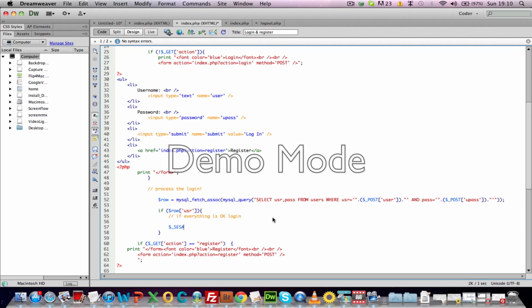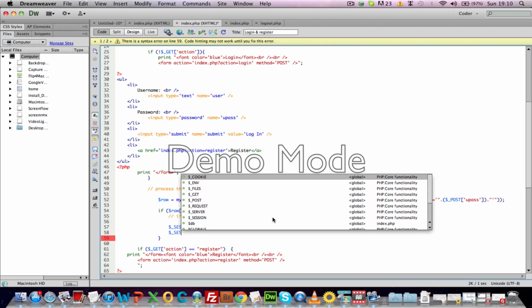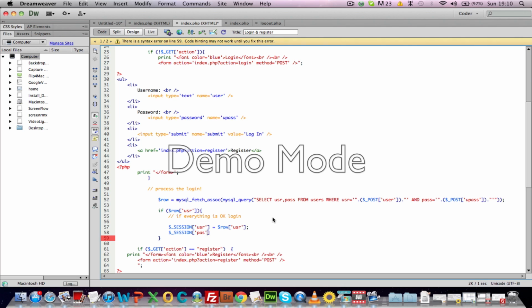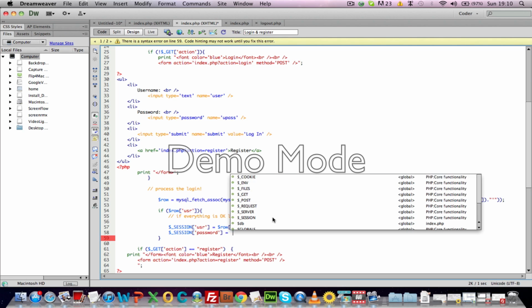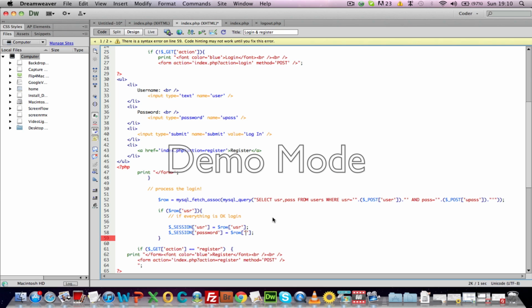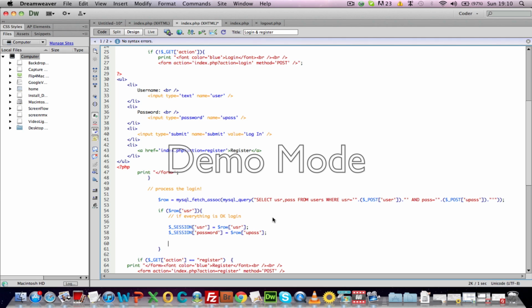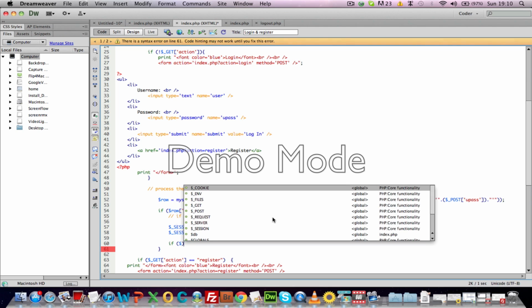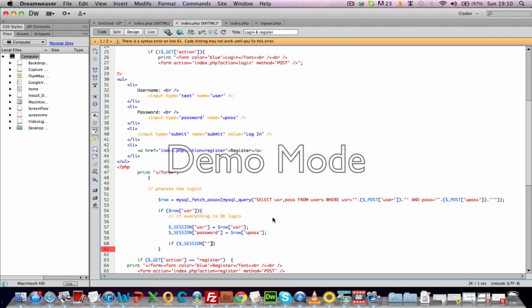So $_SESSION usr equals $row usr, $_SESSION password equals $row upass. So now we need to do if $_SESSION, copy and paste this, let's make it a bit easier, usr and password,